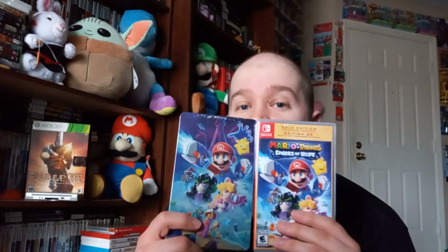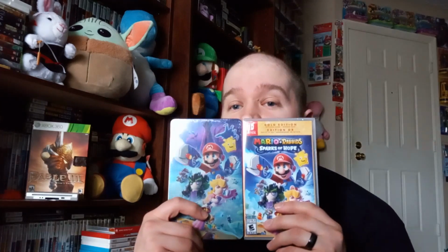I also picked up my pre-order when this had come out, the Mario plus Rabbids Sparks of Hope Gold Edition, which I think it was like $80 as it comes with the season pass and the game. But I also got the steelbook for pre-ordering it. Now, what's crazy is they only had 5 pre-orders for this, but they only received 3 of the steelbooks. And so I was the first person there when they opened up, and I was able to get the steelbook